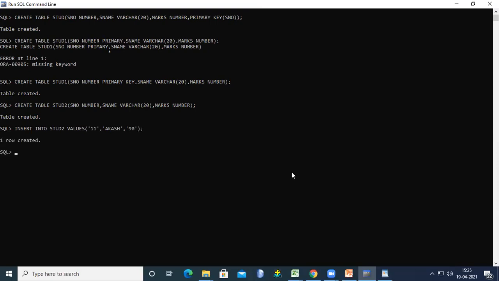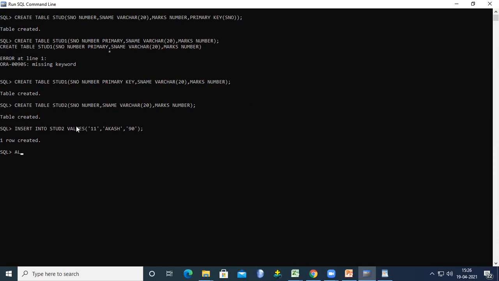I'm giving this like this, table one row is created. Okay, so if you observe here from the above example, create table name. Here the table name is stud2. In this creation of the table, I'm not mentioning the primary key. Am I right or not? So if we want to add a primary key now, how can we add the primary key for the existing table? Here I have not mentioned the primary key during the creation of the table. Now, how can I add the primary key?